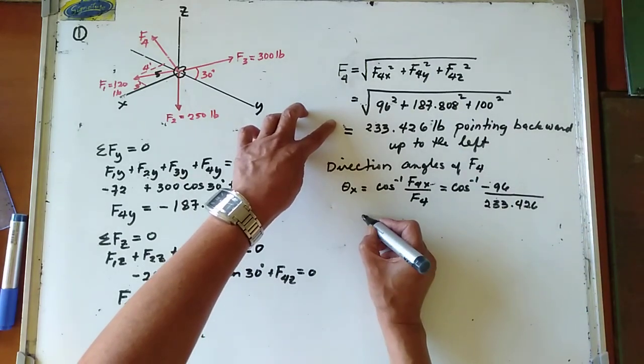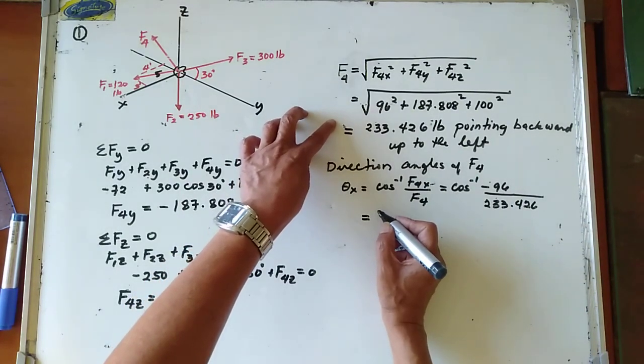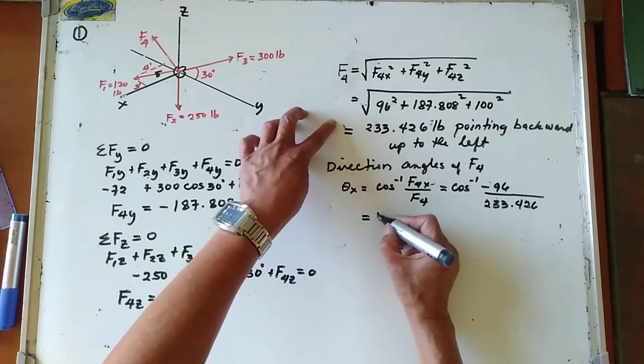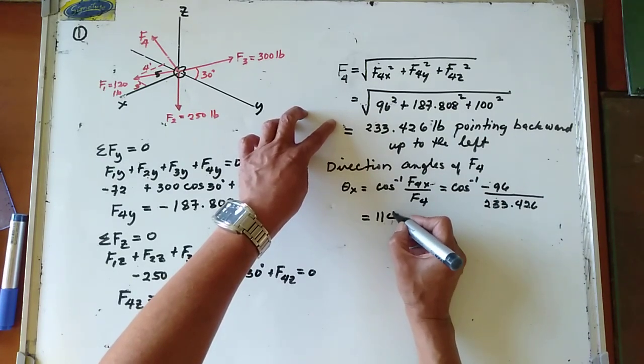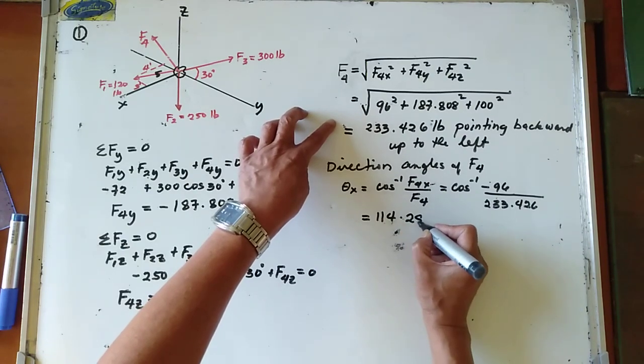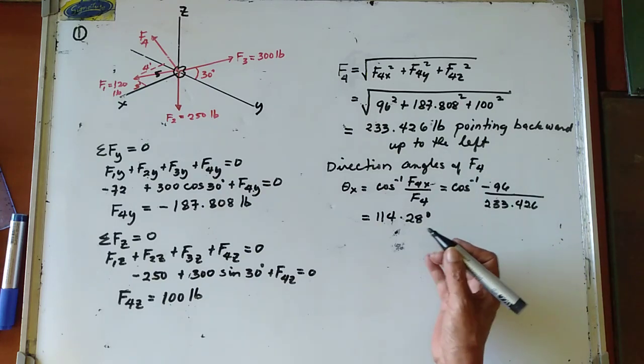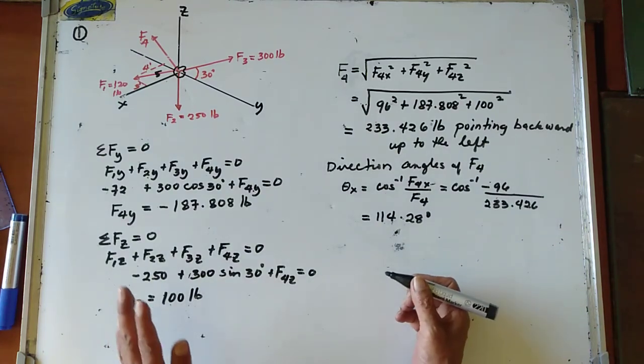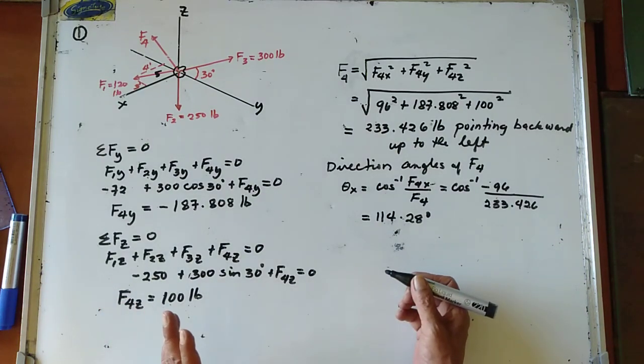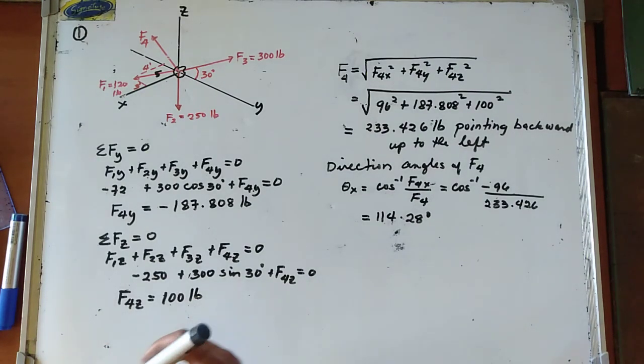And therefore, your theta x is equal to 114.28 degrees. So F4 makes an angle of 114.28 degrees with the positive